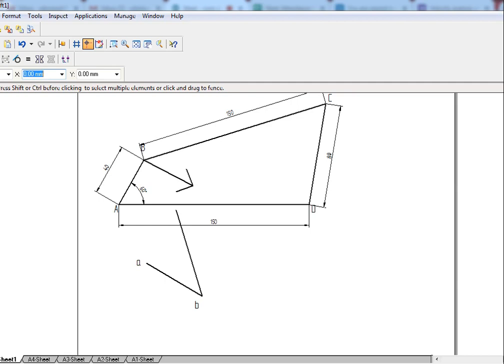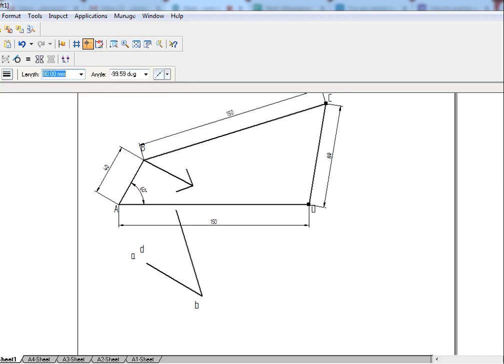Now in the same way, from the initial point, the initial and the final are the same, so A and D are the same points. So I will take D here also. Now I will take D to C. This is perpendicular to this. Now this is minus 99.59. Take 90 degrees to this perpendicular.